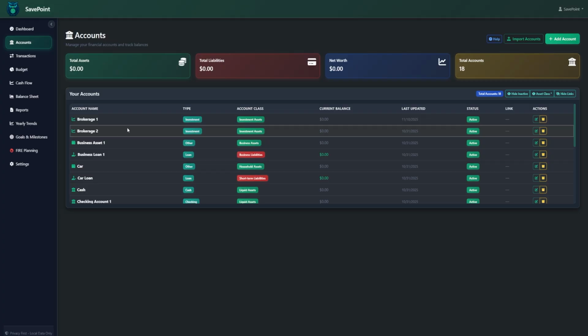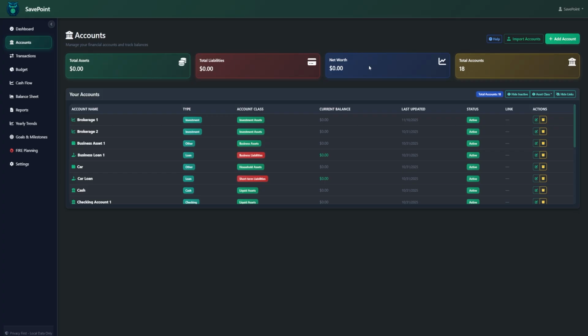Okay, now let's look at what we've done. If you look at the accounts table, you now have a full list of your accounts. But more importantly, let's look at those summary cards at the top. You can instantly see your total assets, that's your checking, your savings, and 401k all added up, your total liabilities, which would include your credit card debt, and your net worth. So now, just by adding these accounts, we have the ability to take a high-level snapshot of our entire financial